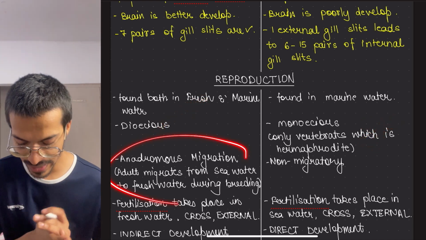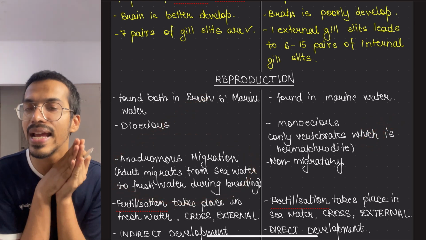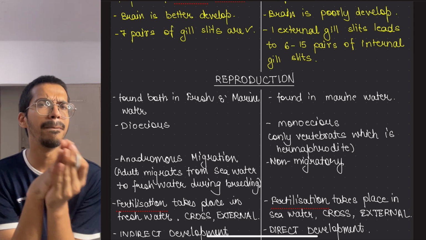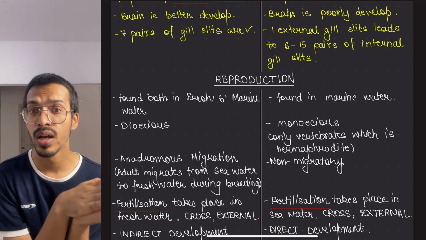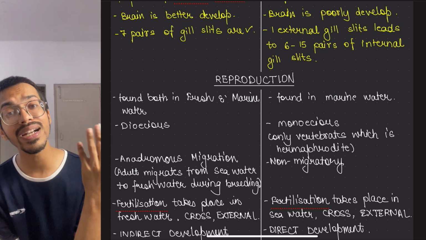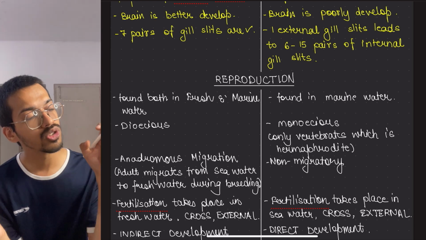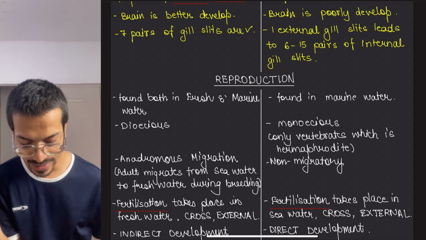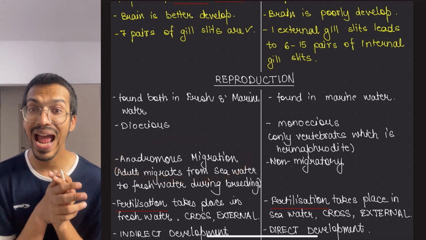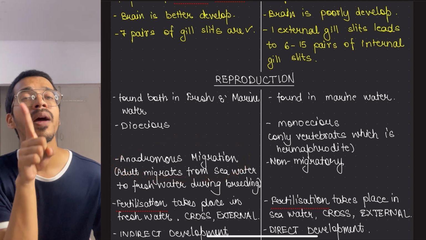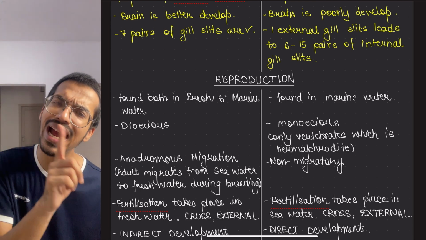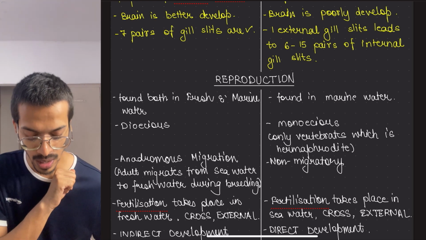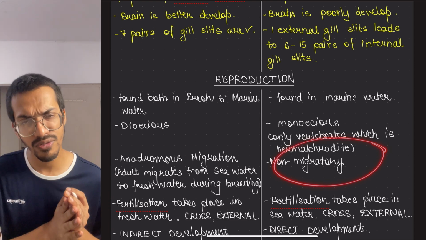Then anadromous migration. Anadromous migration means that the adult will move back. Ana means up, adult will move. Where will the adult move? To where it was formed. It is in the marine water. So from marine again to the freshwater, that is anadromous migration. And later on, when the larva is formed and reaches the sea again, it is called catadromous migration. But migratory activity is not seen in the case of myxine.